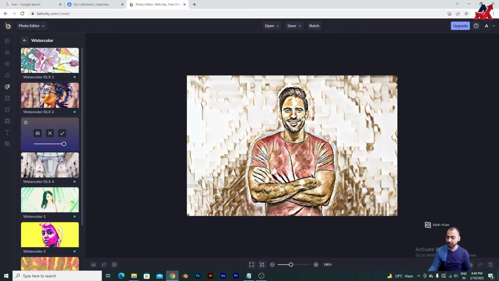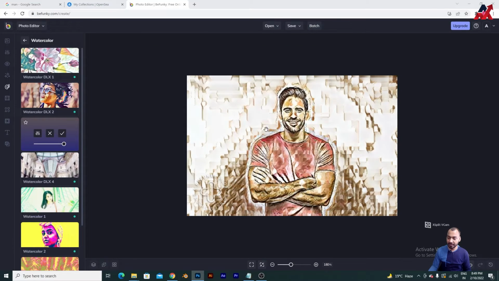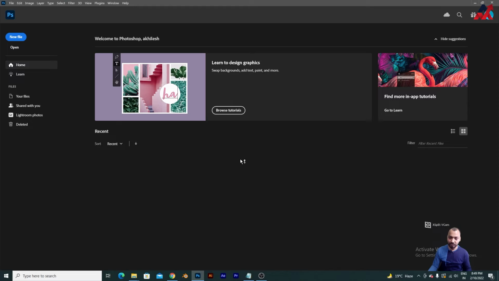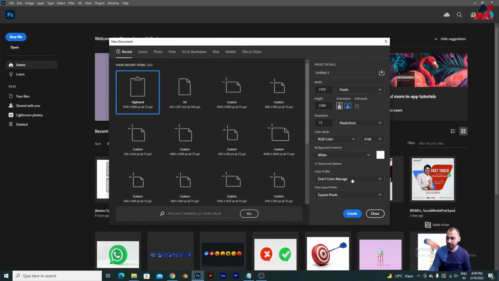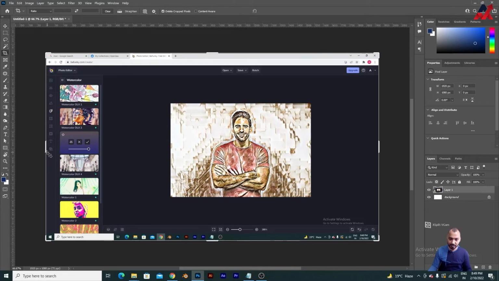So what you can do, you can simply screenshot this image and then crop it any way you need. You can see right click is not working, so you can simply screenshot and then open it in Photoshop or Paint, or whatever software that you have, right? And there are multiple online software by which you can edit your image. So I am going to simply copy and paste this in my Photoshop,